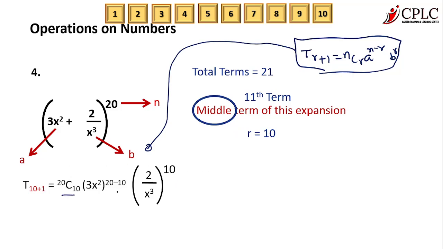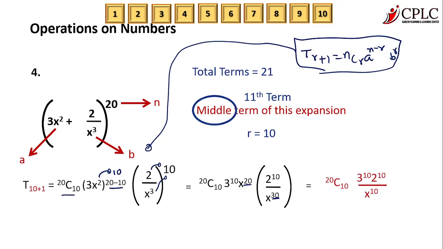This 20C10 remains as it is. Then this becomes 10 and 3 raised to 10, and then it becomes x raised to 20 because laws of indices: 2 and 10 will multiply. Same goes here. This is 2 raised to 10, and then 3 and 10 will be multiplied and you get x raised to 30. Then last step now, x raised to 20 divided by x raised to 30. Obviously x raised to 20 cancels out from both the terms and you are left with x raised to 10